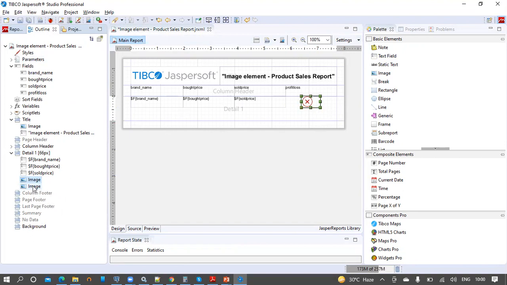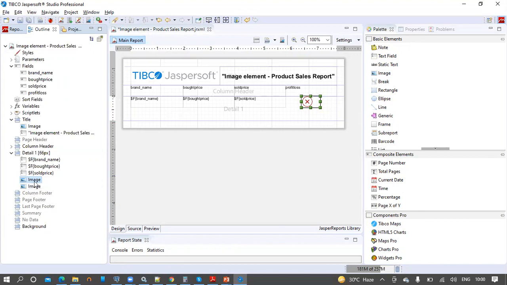So to conditionally get this on or off, or say yes or no image symbols, we have to provide the positivity and negativity expression in its properties.